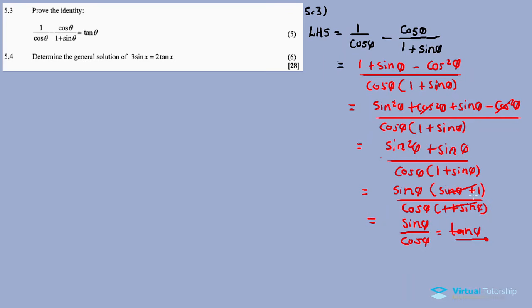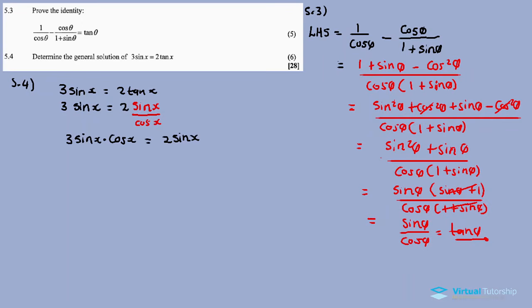5.4, determine the general solution of 3 sine theta equal to 2 tan theta. Okay, now for 5.4, let's go. So this is a question on a general solution. So 3 sine x equal to 2 tan x, right? But tan is an identity, so I'm going to simplify first. So tan x is sine x over cos x, then we cross multiply, we end up with something like this. It's 3 sine x times cos x equal to 2 sine x,